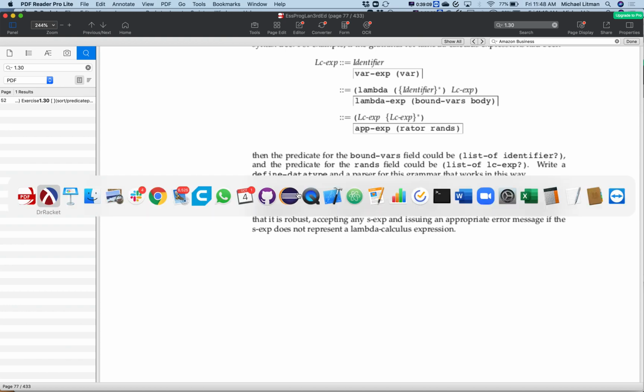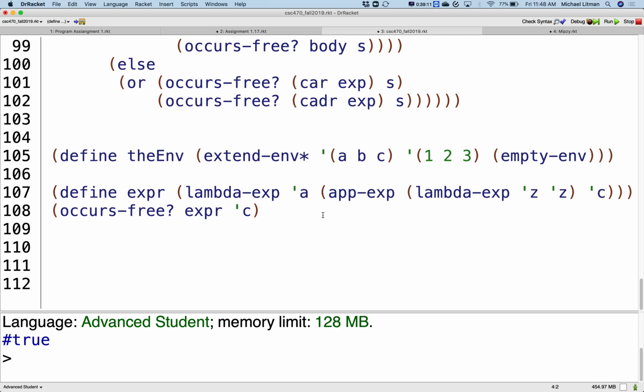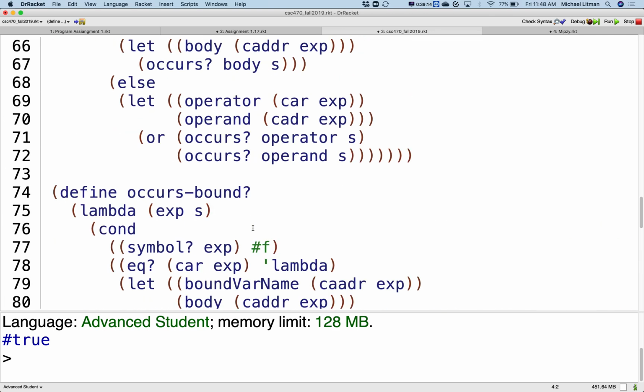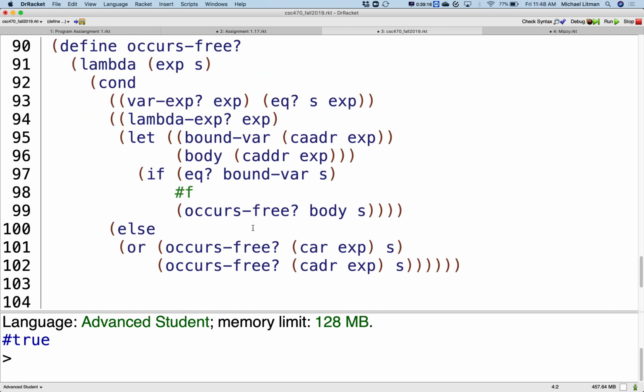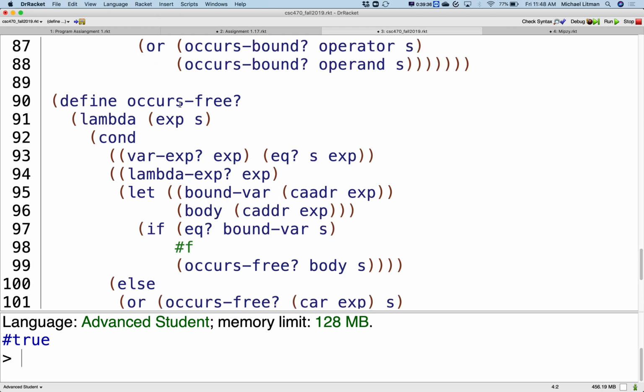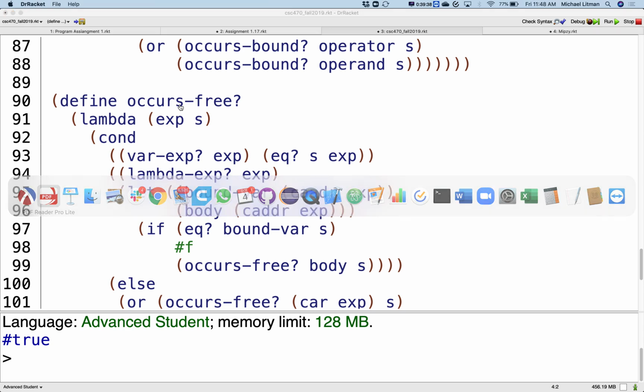Okay, so now our next step is, what if we expand our definition of lambda to take 0 or more parameters? This initial pass said it takes in exactly one parameter, right? So what would change in occurs free and occurs bound if my lambda,